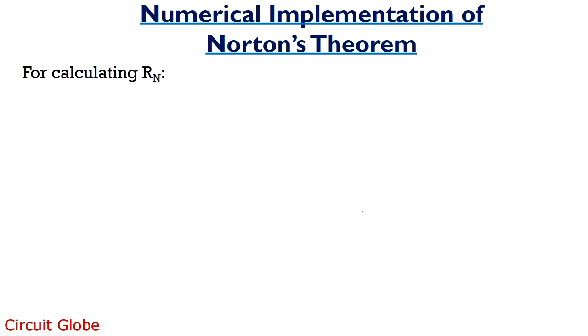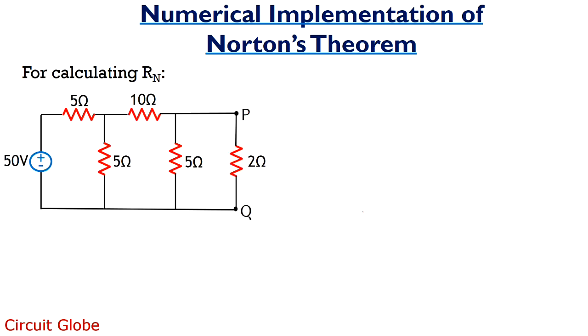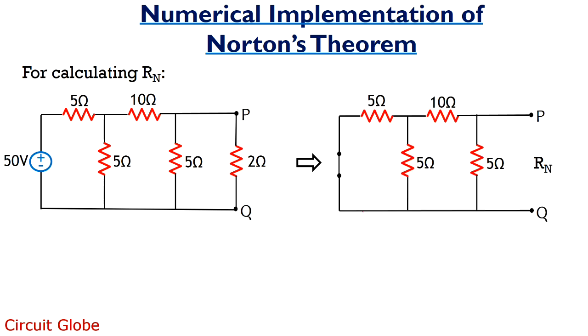The previous analysis has provided us the value of Norton's current, so let's proceed and determine the value of Norton's equivalent resistance. As we have already discussed, to determine the value of Norton's equivalent resistance, we have to replace all the active sources with their equivalent internal resistances, and the load terminal must be open circuited. So considering the same initial circuit, to evaluate the value of RN, this 50 ohm branch will be short circuited and the load terminal will be open circuited, across which the RN is to be determined.